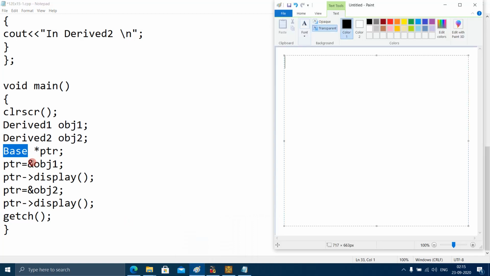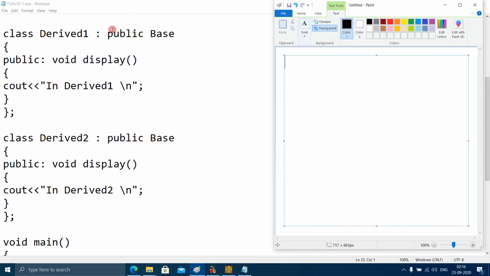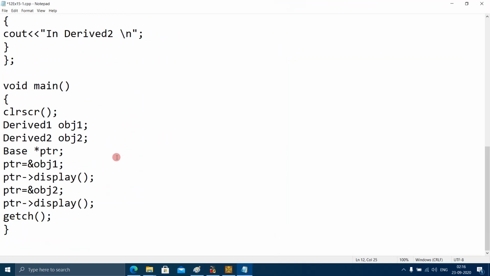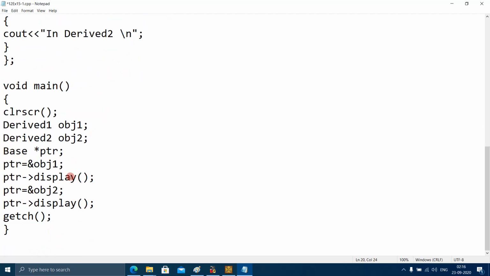So this pointer is pointing to the derived1 object. This pointer is pointing to the address of obj1, which is an object of derive1. Derive1 is inheriting the base class, okay, and even derive2 is inheriting the base class.